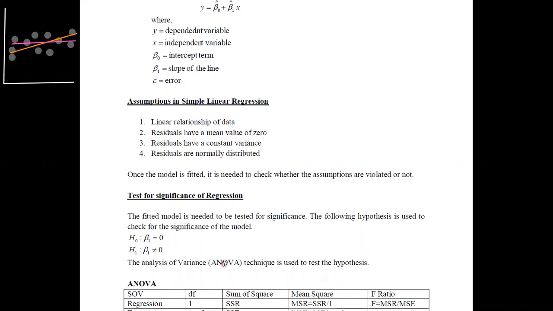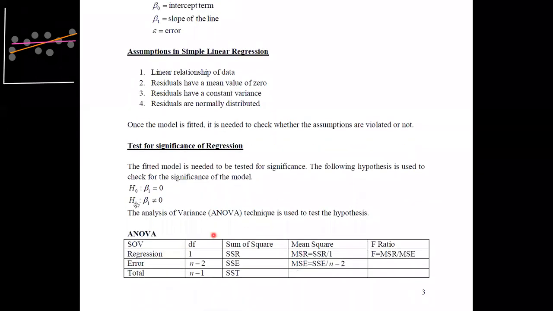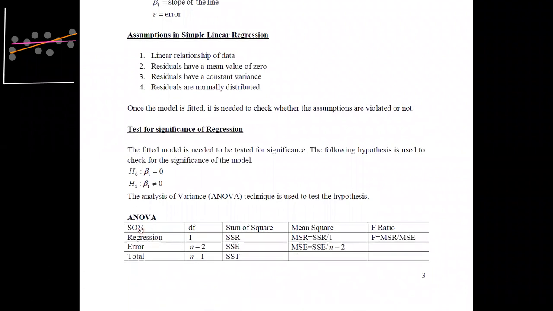This is a two-sided hypothesis. To test this hypothesis, you can use the two-sided test. There is one method that you can use, which is the t-test, but here I am just going to discuss the ANOVA technique for testing the significance of the regression. Therefore, this is how we can perform the ANOVA, and this is the ANOVA table that you can obtain for simple linear regression. These are the variables that we are including in the ANOVA table.